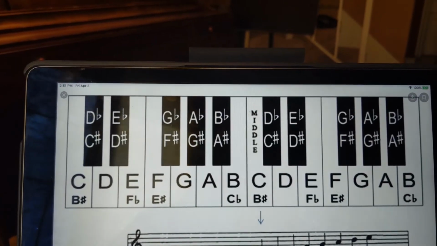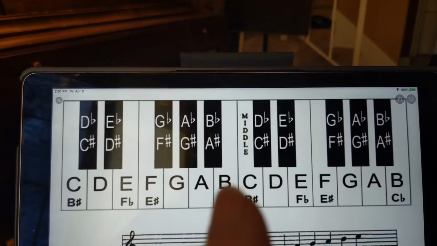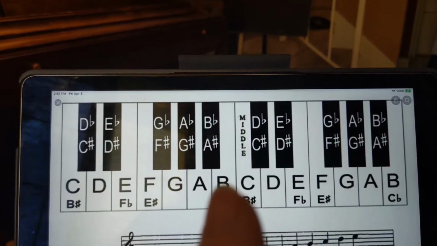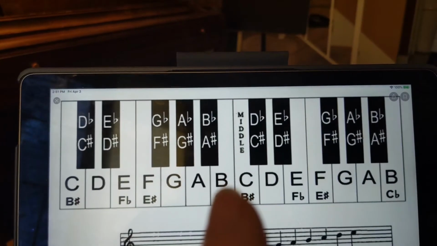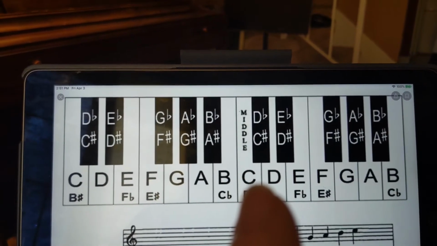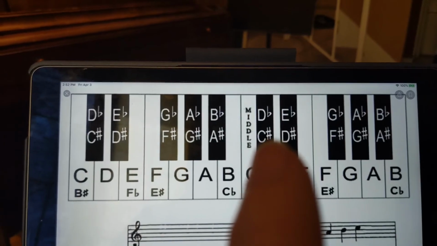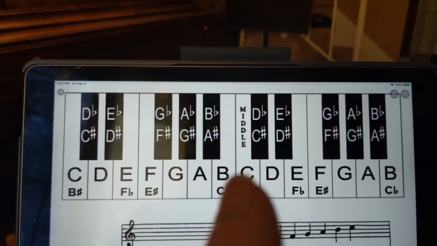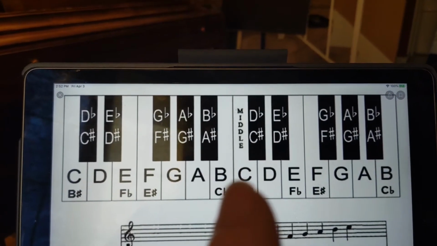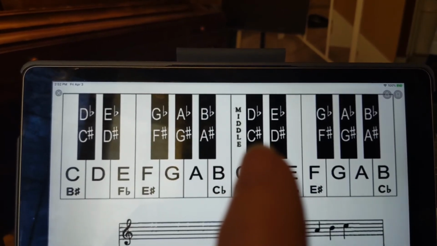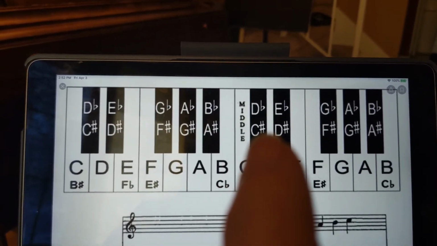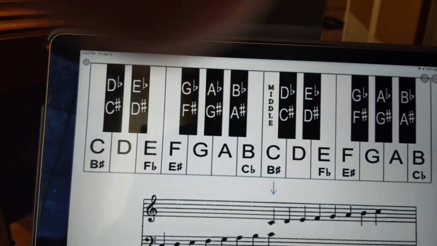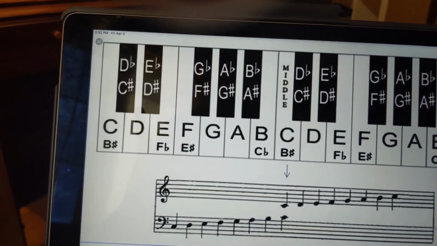Double flats and double sharps mean that you go up two. So B, here would be B sharp, and here would be B double sharp. So B to C would be B sharp. B to C sharp would be B double sharp. Double flats work the same way. So for example,